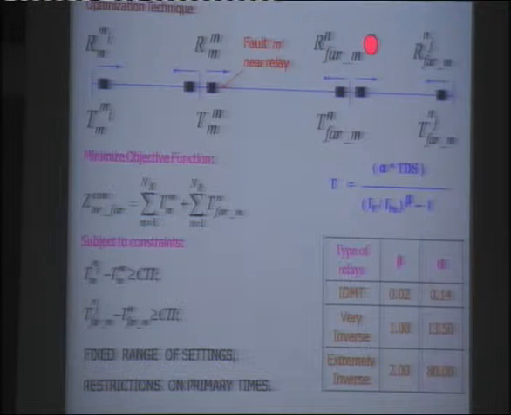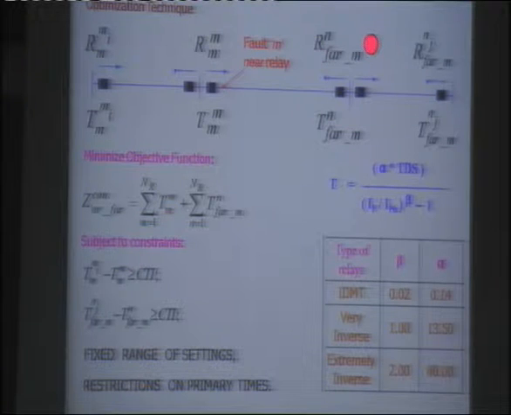And according to that mathematical equation, T is equal to alpha into T, and in the denominator, there is the fault current, which is taken care of. Because the relay characteristic is inversely proportional to the fault current. That means fault current reduces substantially as the location is moved away from the fault point. So the time of operation is also getting reduced. So that purpose is shown there.